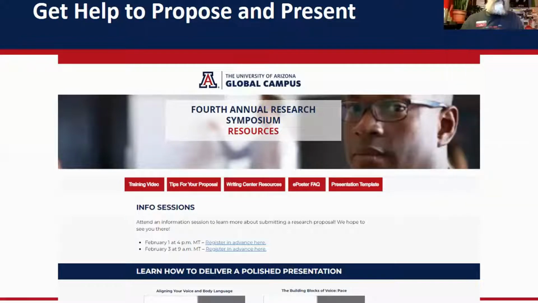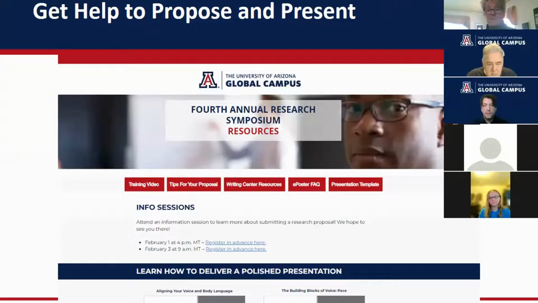In addition, you've heard discussion of the e-poster. Well, there's an FAQ tab. Perhaps this is the first time you've heard of an e-poster or come across that concept. But there's detail that explains the format and structure of the e-poster. I encourage you to click on that tab. And there's another resource for your proposal, the PowerPoint presentation template that's available through that link for you to develop your presentation within.